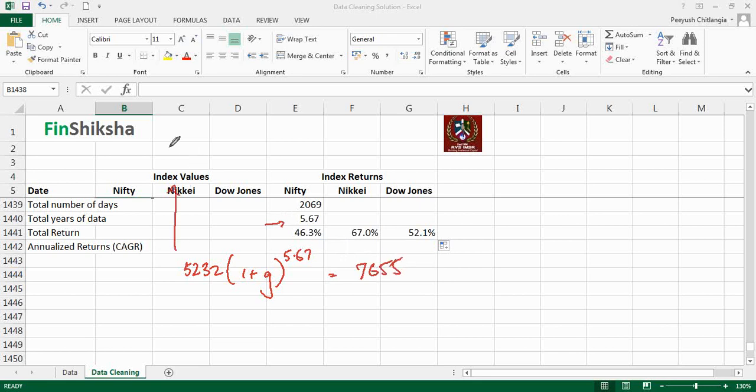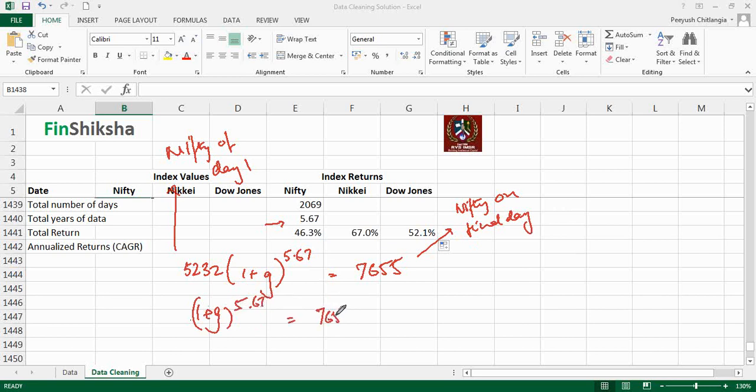This is the Nifty on day 1, and this is Nifty on final day, right? So we get these values. So 1 plus G raised to the power 5.67 is 7655 by 5232,